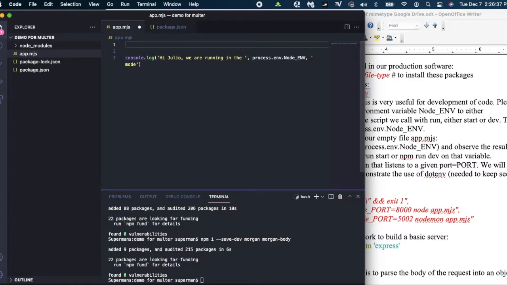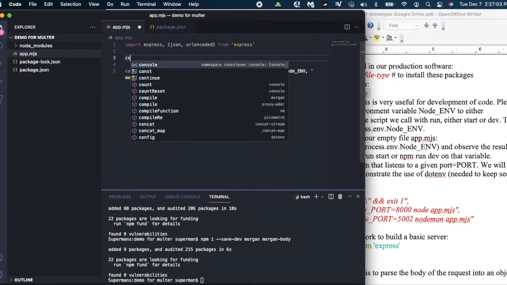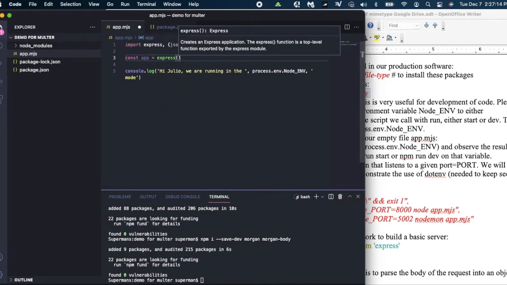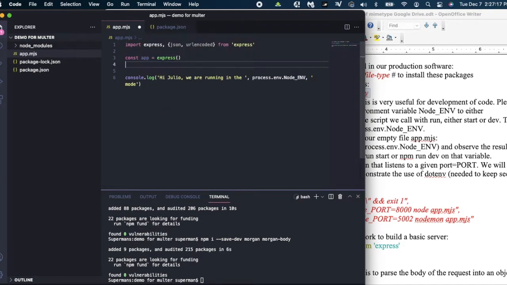And given that we are using a modular approach to JavaScript, we can just import express. And we can import a couple of properties of Express, like json or the method urlencoded. And where do we import them? From express. Okay? And then, once we have Express, we need to assign its method to a variable. By convention, we use app = express. Okay, and then we need to use it. How do we use it? We do